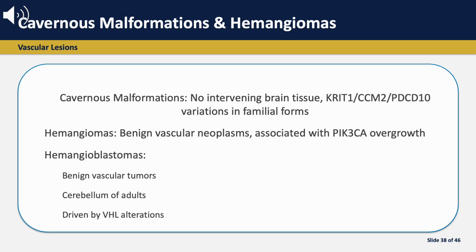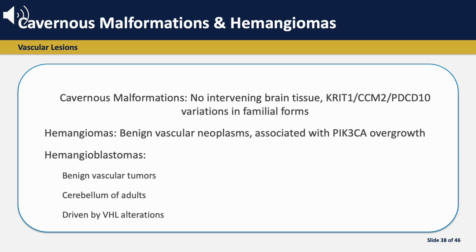Although many are sporadic or arise following radiation therapy, familial forms exist and are associated with germline variations in CCM1, CCM2, and PDCD10. Hemangiomas of the CNS are benign vascular neoplasms composed of various sized vessels that may arise spontaneously or in association with PIK3CA-related overgrowth syndrome. In adults, hemangiomas typically occur in vertebral bodies or the frontal skull. Hemangioblastomas are another type of benign vascular tumor characteristically located in the cerebellum of adults, and they are driven by